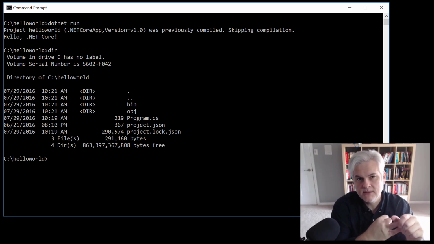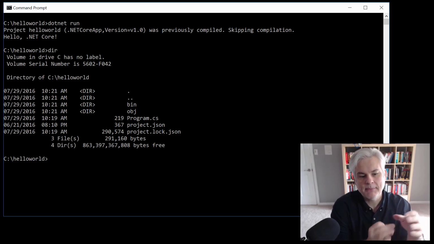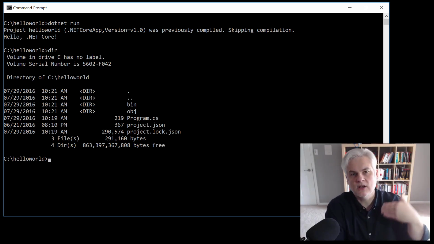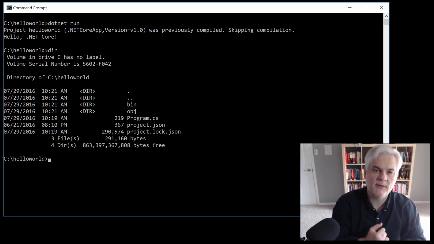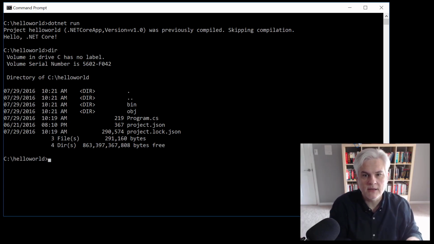There are two primary responsibilities. The first responsibility is actually to be an application host. We'll talk about that more in a moment. And then secondly, if the application has not already been compiled into a machine language specific for the given platform it's running on, then the Core CLR needs to kick off that process too. So those are the two responsibilities. Let's start by talking about the first responsibility, to provide an application host environment which manages the execution of your